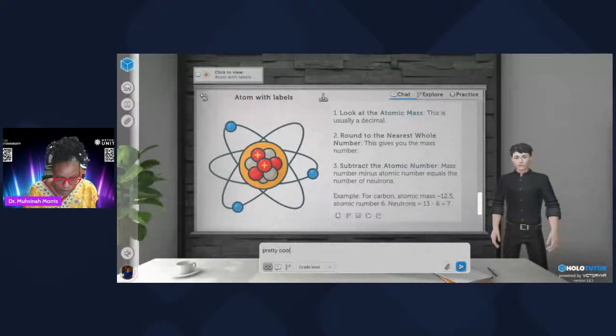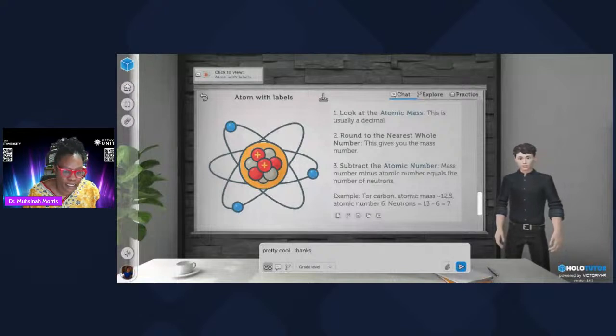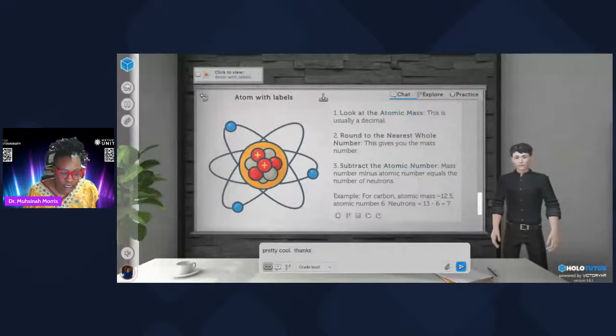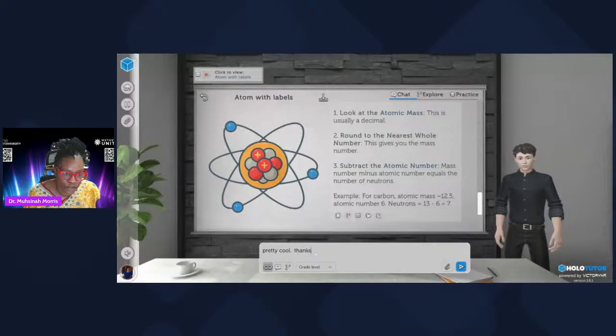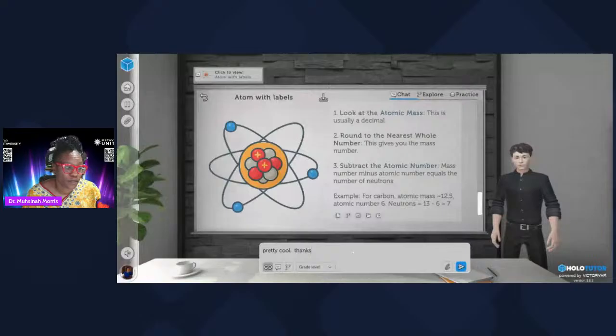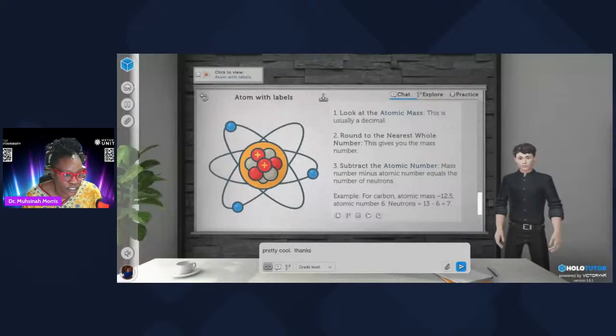Pretty cool. Thanks. Okay, so that is the end of that particular chat, and I just wanted to show you that it can go to different levels and explain it to you. It can explain it to your neurodivergent students a bit differently. It can give analogies. It can ask and answer why you chose a particular answer so that you can understand how it's thinking. If we go back here,